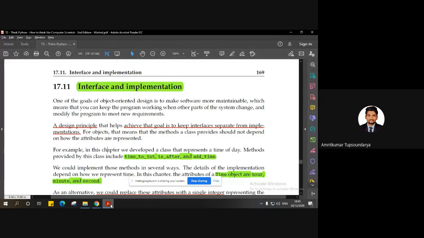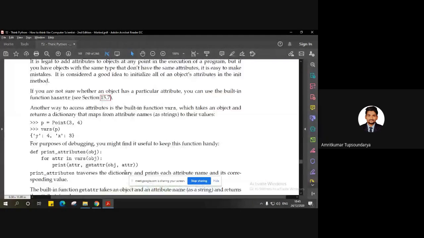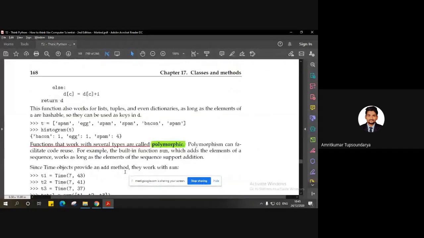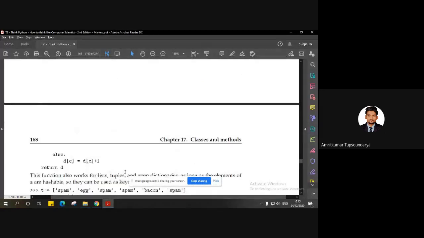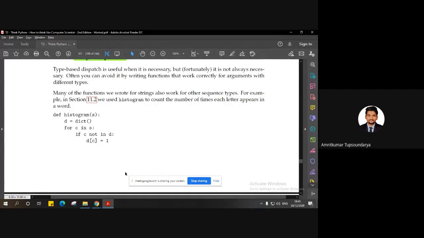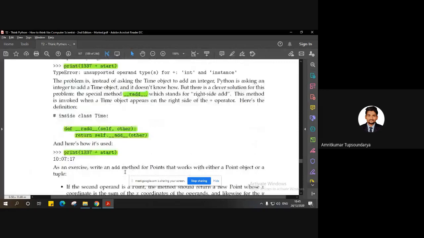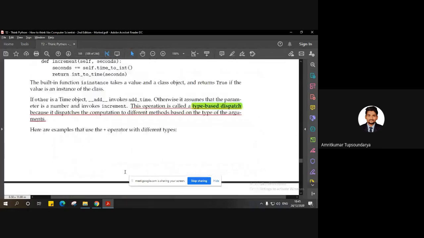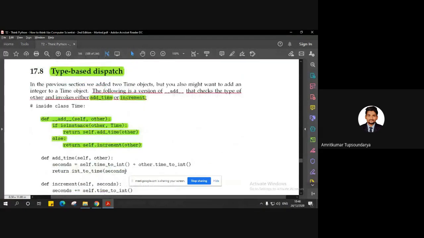A quick recap: we discussed the interface and implementation. Then we discussed polymorphism, and when a function is called polymorphic. And then we started our lecture with the important topic, type-based dispatch.